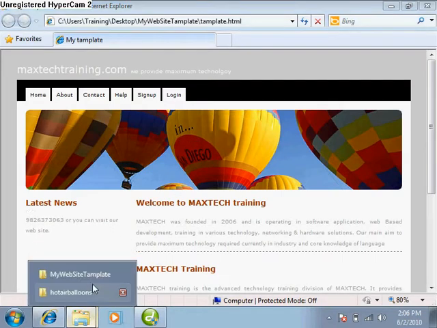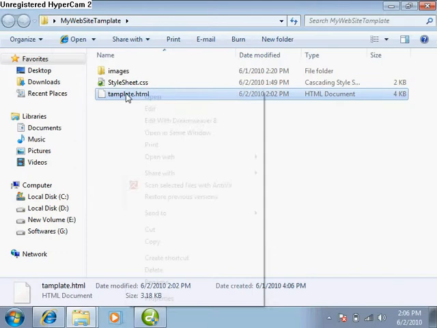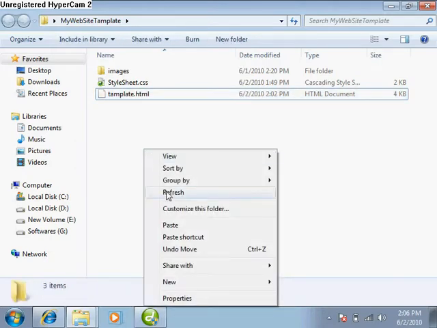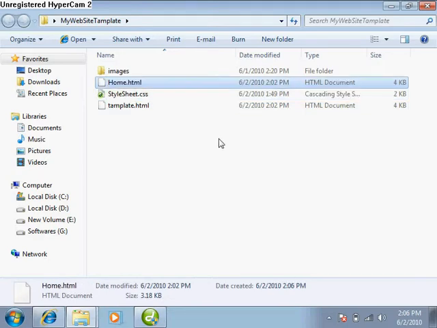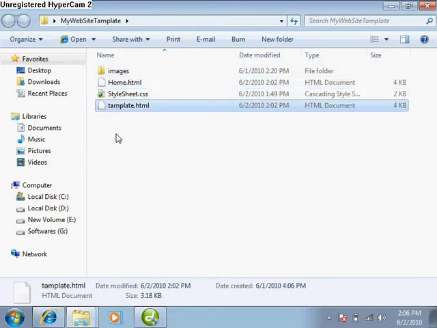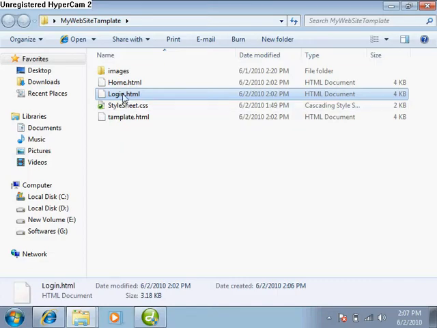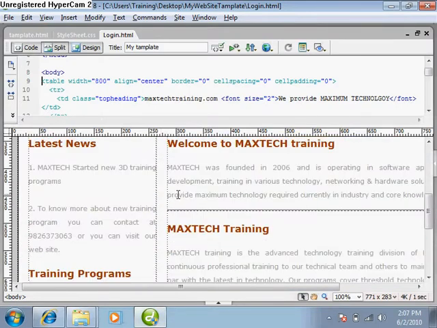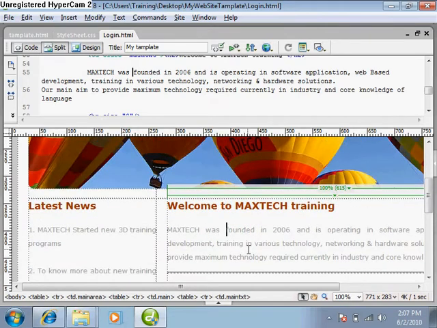So what I'm going to do, just go to the website and copy this template and paste, and give the name home.html. Now this my home page is ready. Now similarly I again copy and paste this template and give the name login.html. Now look, I just open this login.html. Now it is similar to this home page, but we do not require a home page, we require a login page. So